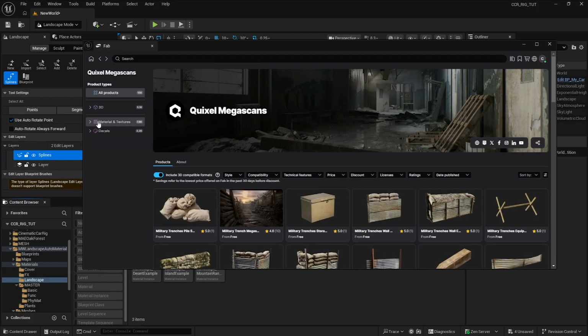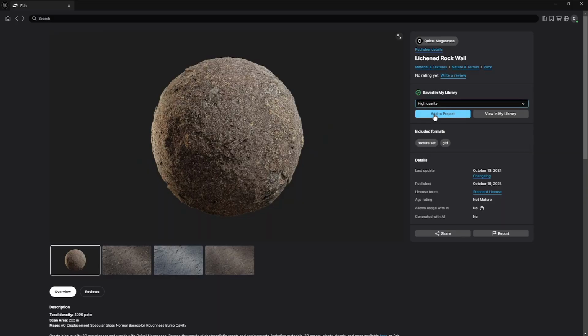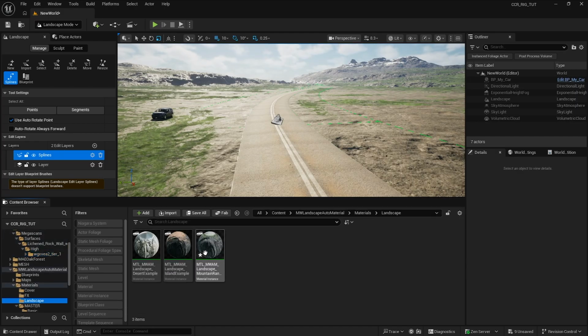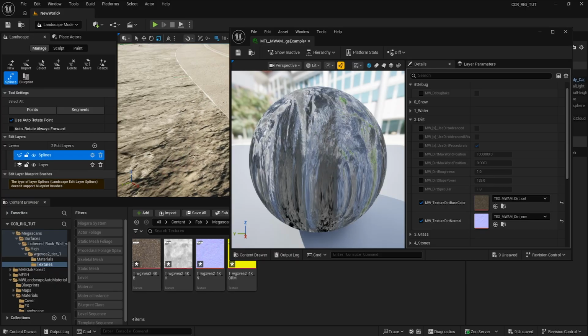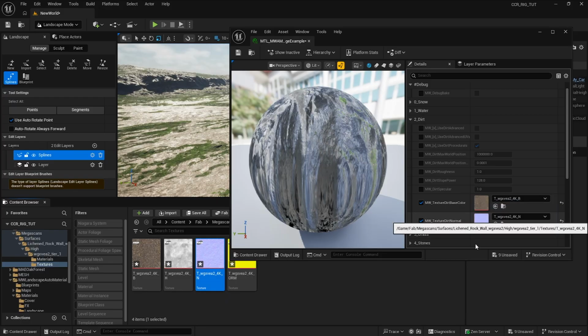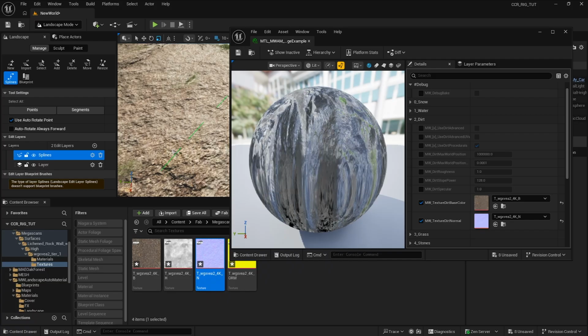Maybe you don't like the default textures, maybe you want a specific look, a specific biome. Again, open Fab, go to the surfaces section and search for something that fits you. Maybe some specific rock from a specific region, maybe Arctic grass, maybe something else. Then go back to the material instance editor of your landscape material. Search for texture parameters. Now just switch textures from Megascans onto these slots. Base color to base color, normal to normal, you know the rest. And now you have a new texture. You can do this for every layer, completely change the terrain look without touching the geometry, without touching the blending